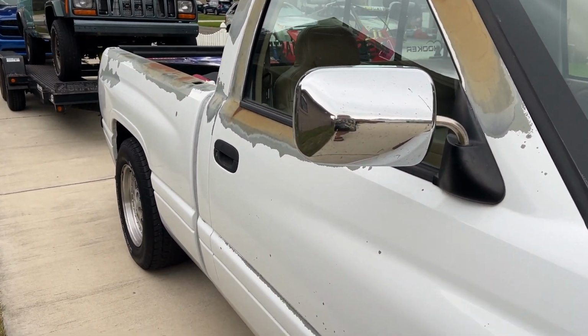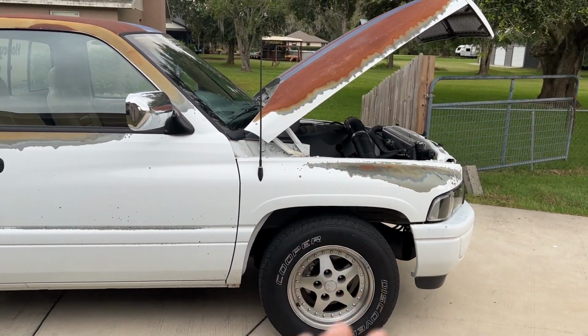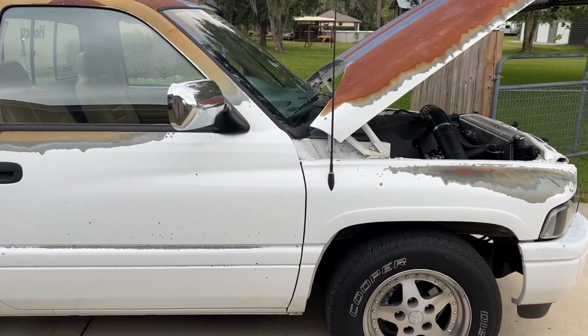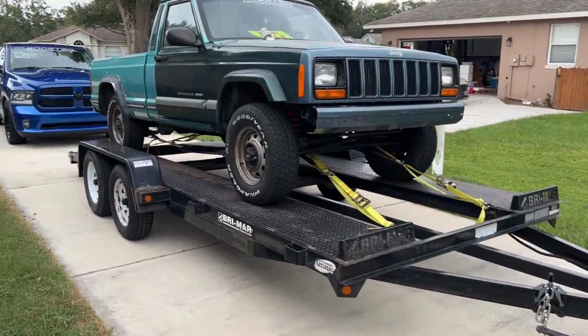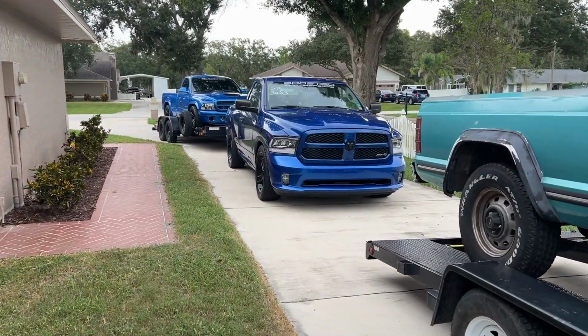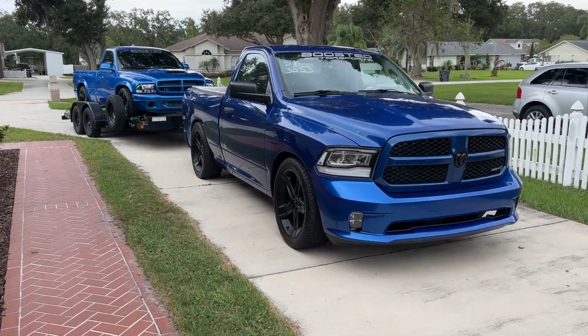So I think this can really say quite a bit about the quality of our builds, you guys, that we can put together a build and not have any time to test it around town and just literally drive to other states with it towing other things. But we did it this year with this rig, and then last year we did the exact same thing with the Hellcat Swap RAM. Again, both performed flawlessly, both of them did over 1,600 miles towing,